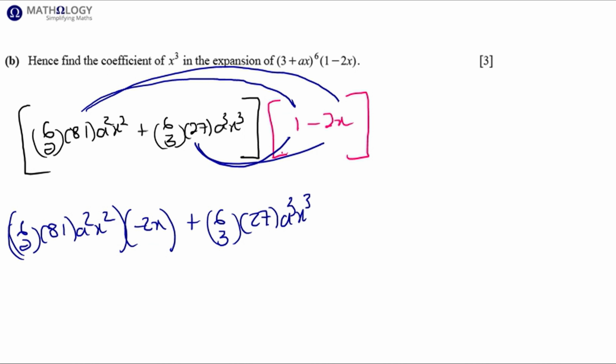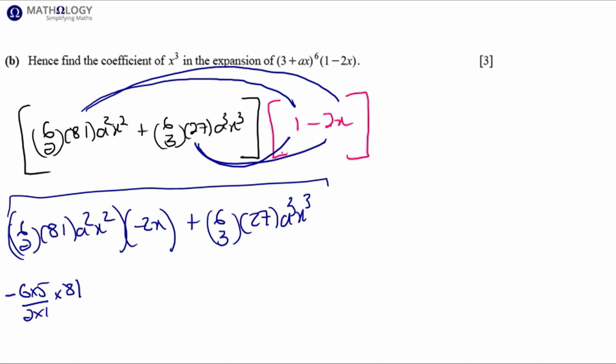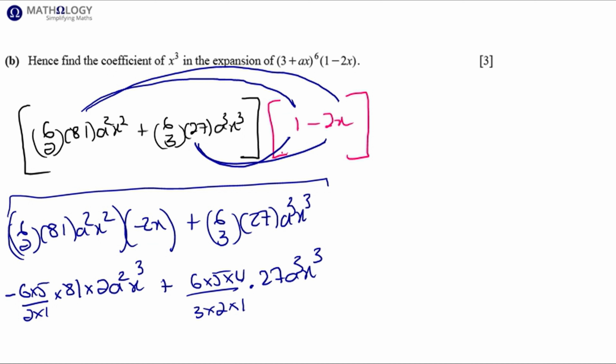And then we multiply the outer terms, we're going to get a term in x cubed, and we're not interested in that. So we just need to evaluate these terms. 6 choose 2 is going to be 6 times 5 over 2 times 1 times 81. We have a minus sign, so we'll have a minus there, times 2, and then a squared x cubed plus 6 choose 3 is 6 times 5 times 4 over 3 times 2 times 1 times 27 a cubed x cubed, and that will give us minus